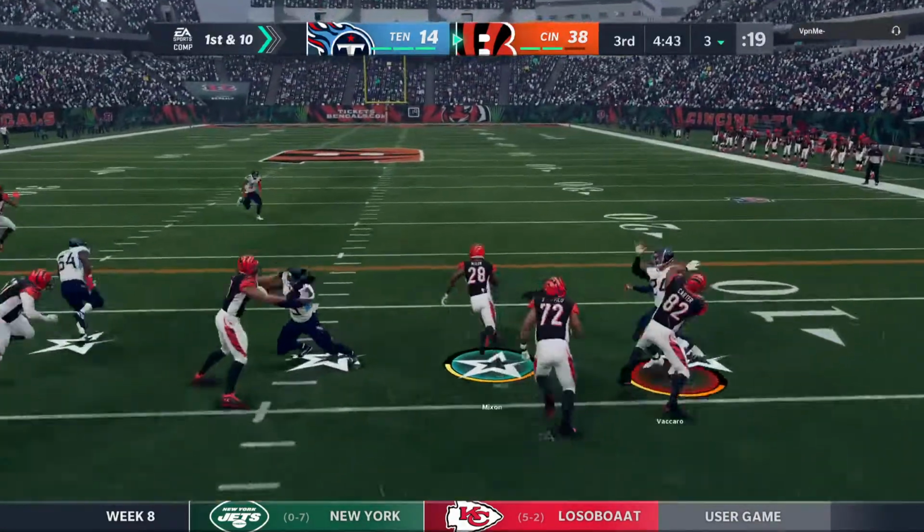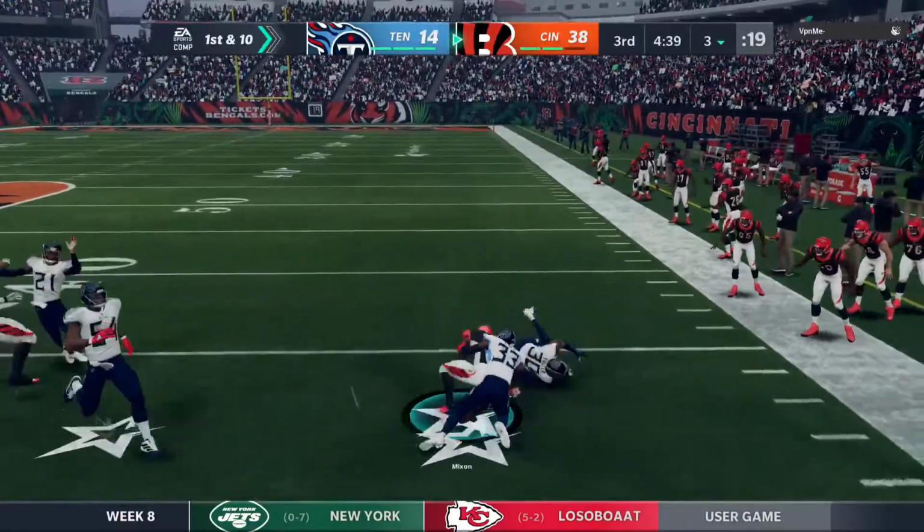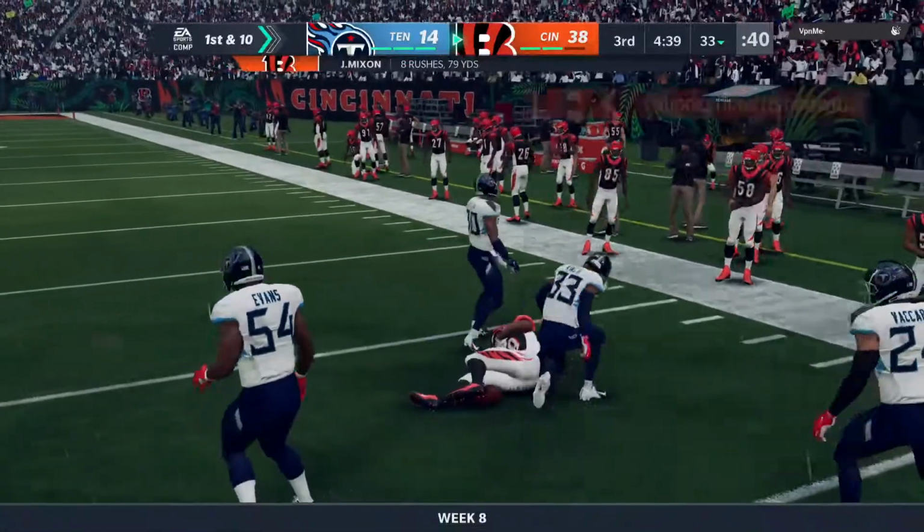They'll try to get the run game going. This is Mixon. And he's able to get this one all the way past the...